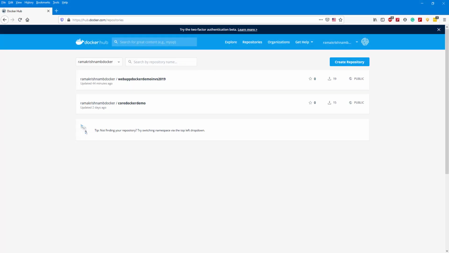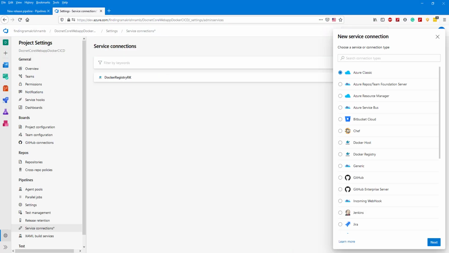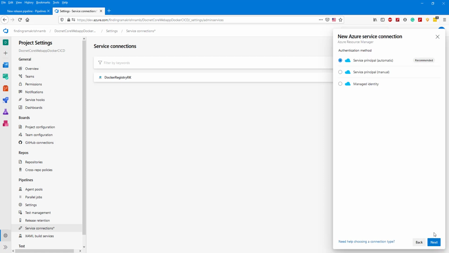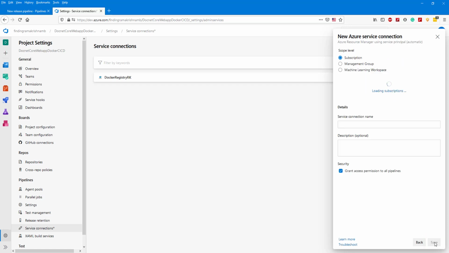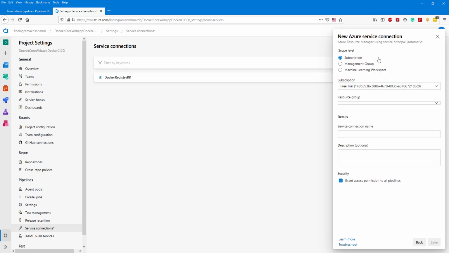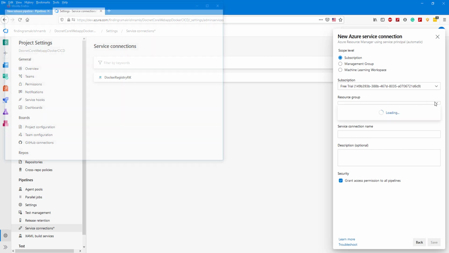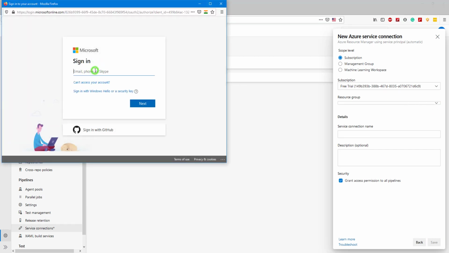in the DevOps. So go to our DevOps, create Azure Resource Manager, create service principal automatic, subscription name, fill in your login details.